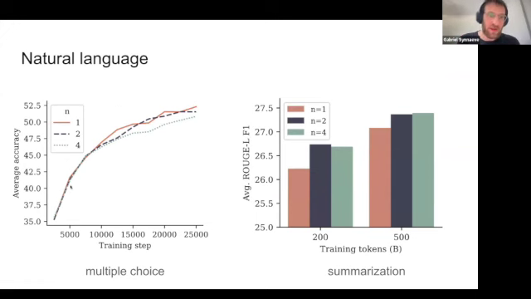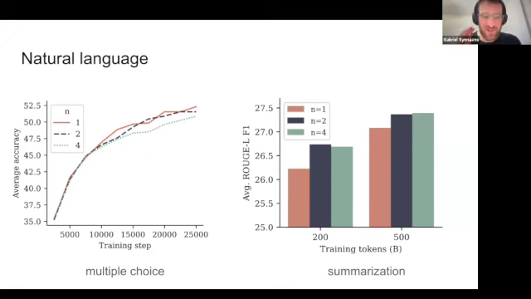Then we did some experiments in natural language, where it's a bit less clear where it helps. Those are some accuracies on classic natural language benchmarks. Here, actually, multi-token prediction starts to be slightly impeding as soon as you train for long enough. And in the case of translation and summarization, I think this one was summarization, so making the text a smaller text, in this case you do have a small boost. So a high-level observation we made is about when your task, and those tasks on the left are basically multiple choice answers.